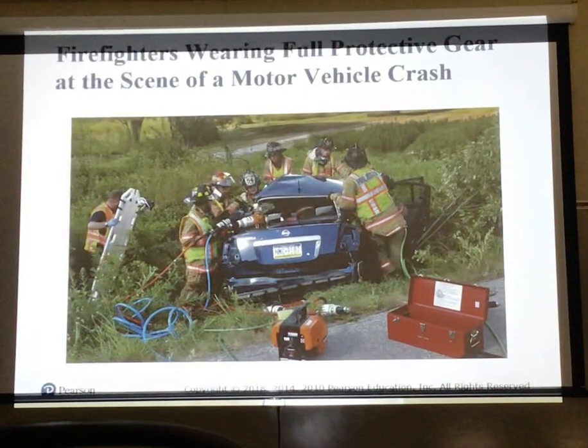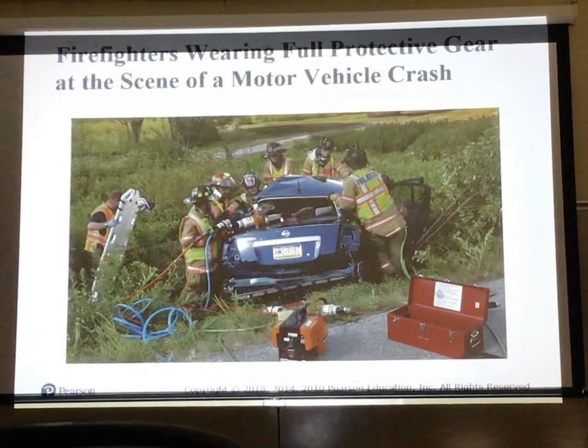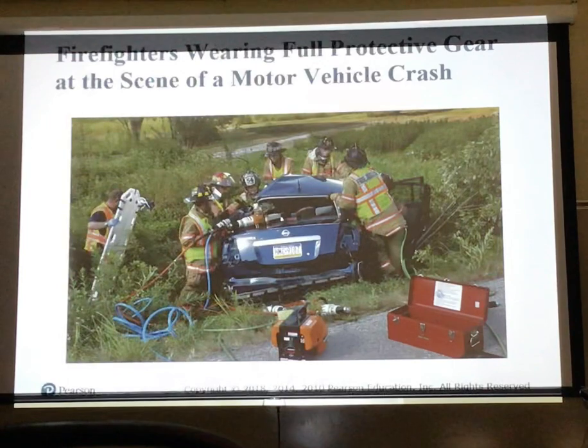Prior to entering a crashed vehicle to assess and manage a patient, you must consider what level of personal protection is needed to protect yourself against the same personal injury. Firefighters are responsible for extrication, and they wear those turnout suits because they will become exposed to jagged metal and glass. If you get in that car with that patient, you're going to be exposed to jagged metal and glass.